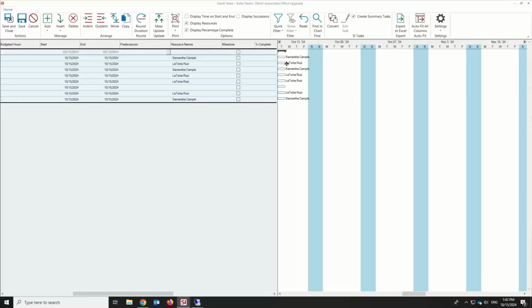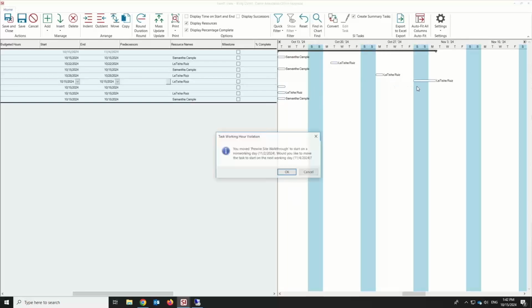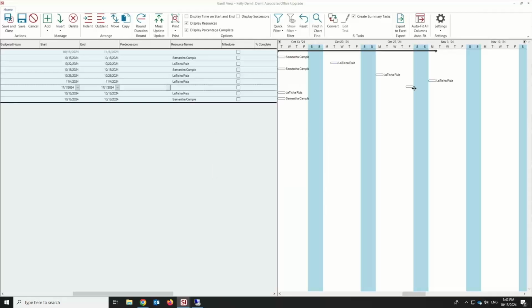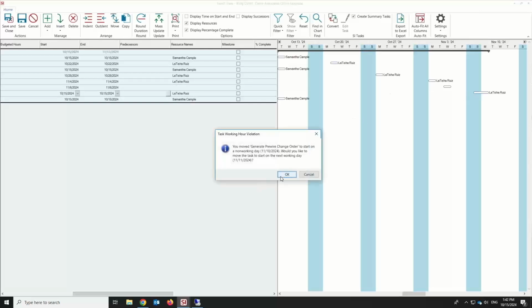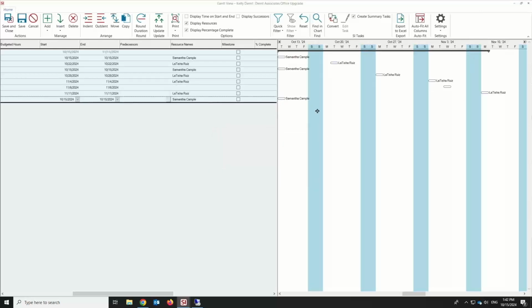A couple other Gantt improvements here. I'm just going to move some of these out a little bit. Hopefully not get yelled at by, here, I'll get yelled at real quick because it's crossing a weekend, and then I'll let it adjust. So here we've got some tasks out, and I'm just spreading them across. Done. Oops, I didn't grab this one. Okay, so there we go. What I wanted to show you is